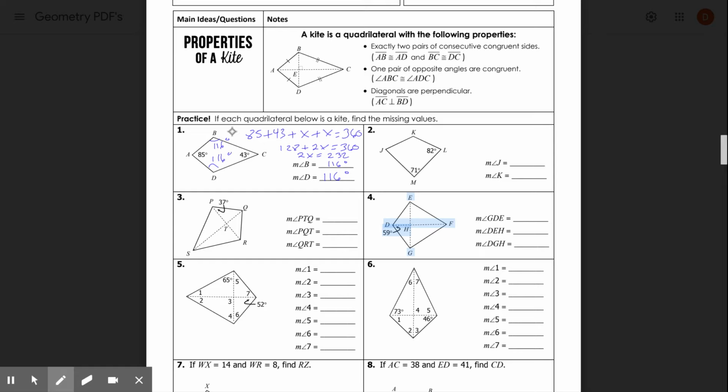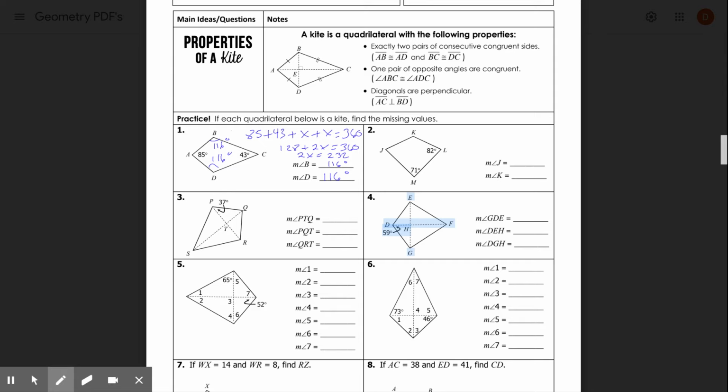Okay, so that was that formula where you take n, which is the number of sides, and then you subtract 2, and you take that number and multiply by 180. That's how you can find what the total degrees is of that particular polygon. Okay, so for number 2,